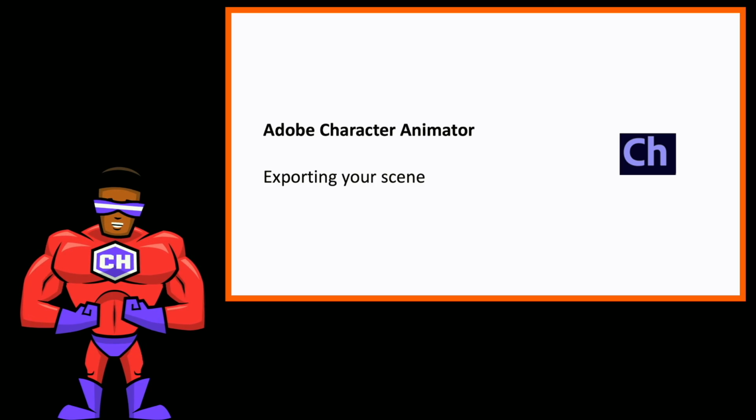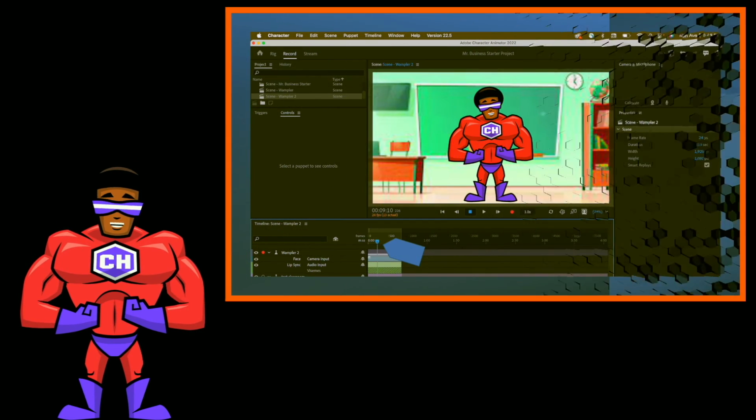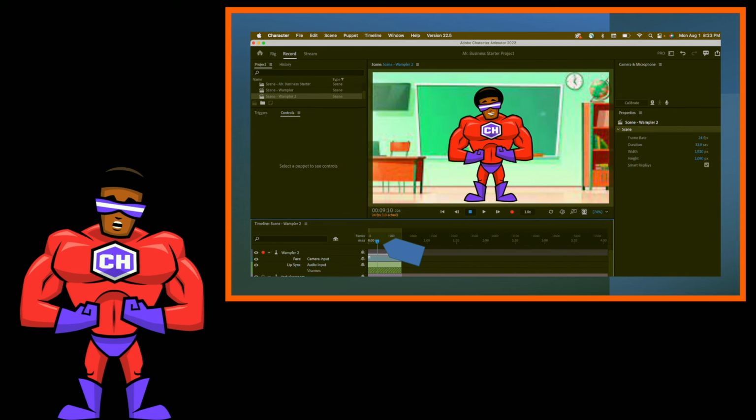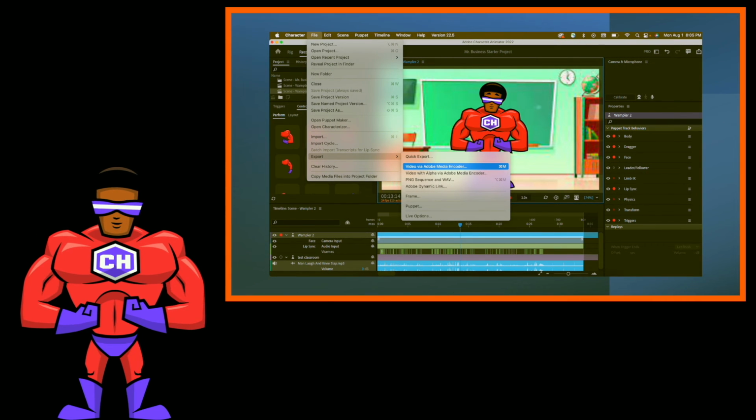One key pointer before we get started with exporting is to click beneath the numbers in your timeline to adjust the length of your scene, also known as duration. Clicking in the same area also allows the user to adjust other items, such as frame rate and width. Once you make sure your character and background last an appropriate length by adjusting their width right to left in your timeline, most typically starting and ending together at the same time,